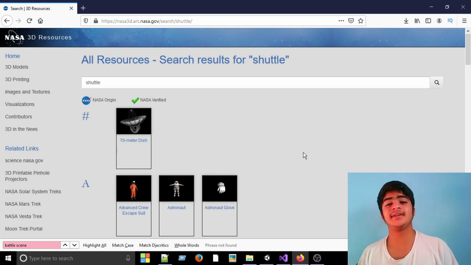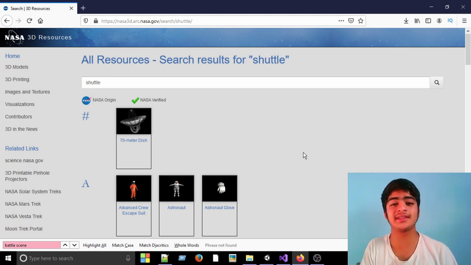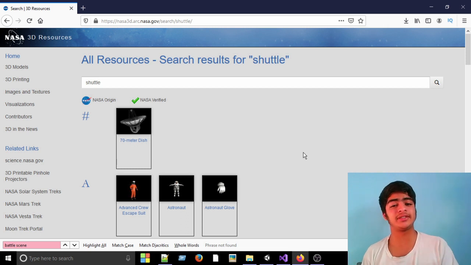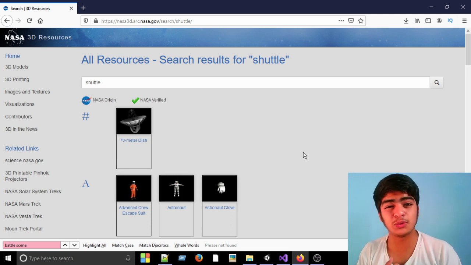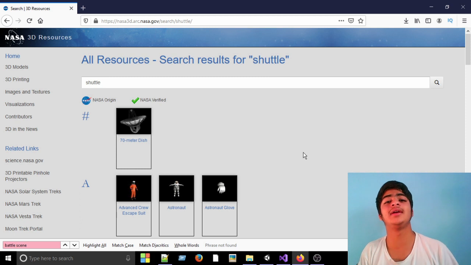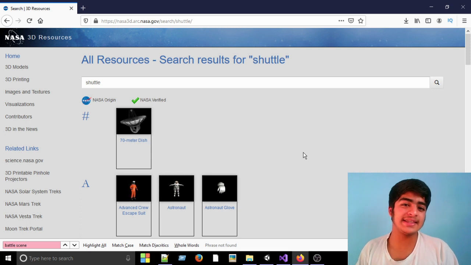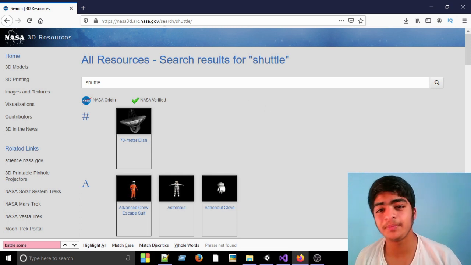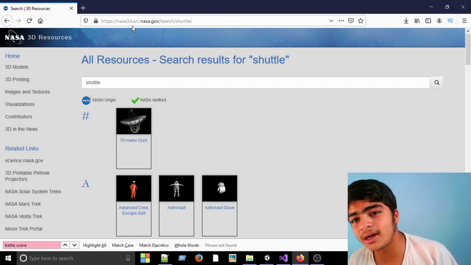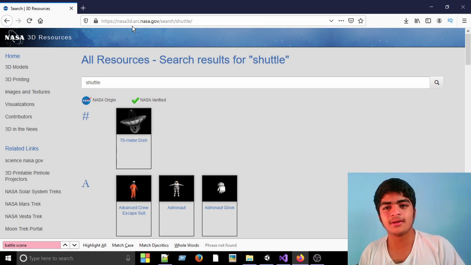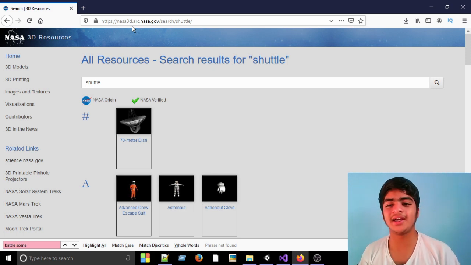NASA contains a library of its own 3D resources and 3D models that you can download for free and use them in your game. But these resources would be basically related to space, like space shuttles or space suit, astronaut 3D model, rocket 3D model, and various things related to space. And you can get these assets from the official website of NASA, specifically this website, that is nasa3d.arc.nasa.gov/search. I'll post a link in the description about this site,